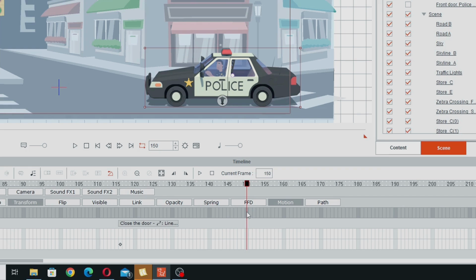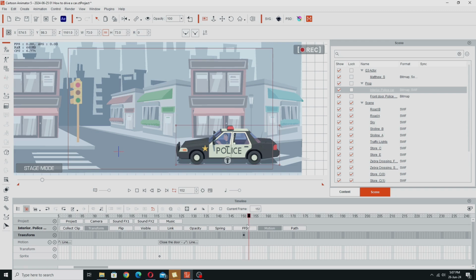This is the last time the car's going to be stationary, and if I start moving it now, it will move in relation to the keyframe at the very beginning. We don't want that. I'm just going to double click here and that'll add a keyframe, and we're going to have the car drive away. It's going to take about maybe 2-3 seconds. That's about 90 frames, so we're on 150, so we go